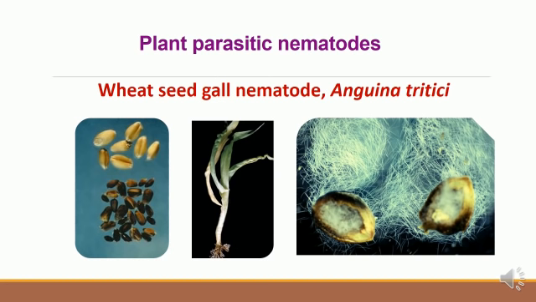When the crop reaches maturity, the galls turn brown in color and the second stage juveniles become quiescent and fill the entire cavity of the galls. The second stage juvenile in a seed gall can live for many years, even for 28 years. That is a great number of years. During harvest, seed galls are collected along with healthy seeds. Thus, when the seeds are sown for the next crop season, the nematode life cycle is also repeated.